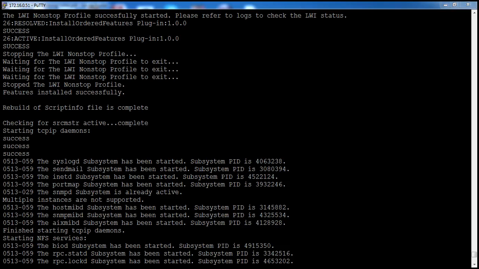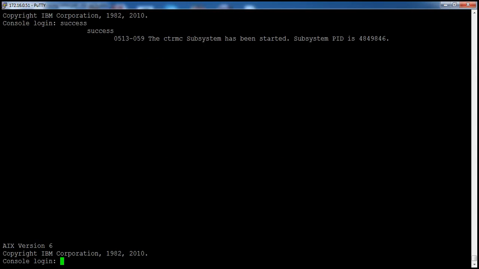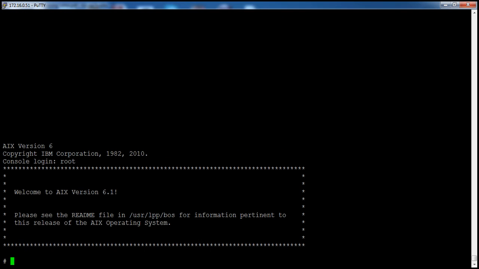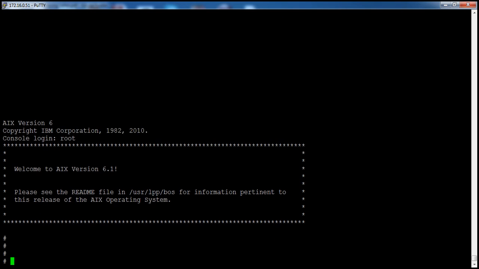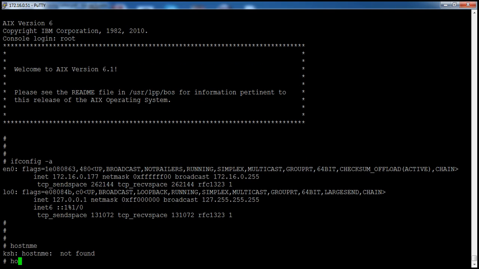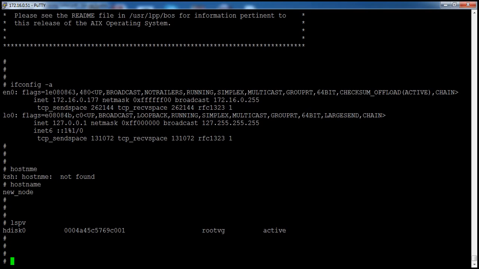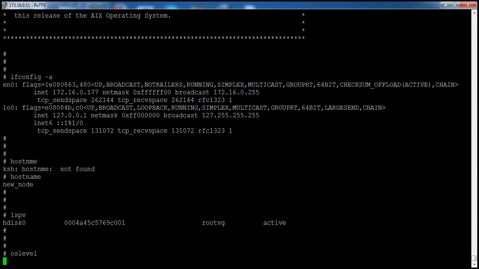Now the installation is completed. We need to log in as root, and check the host name and IP address. This is the operating system level.